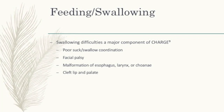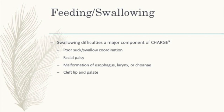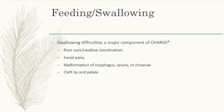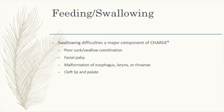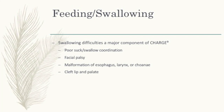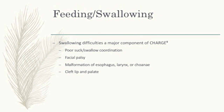While looking at feeding and swallowing, there are facial nerves that are defected that limit the child's ability to use their face and/or lip movement to successfully use a sucking motion for feeding, and this is called facial palsy. Unfortunately, it appears to have very little improvement with age. These children tend to be born with multiple malformations of the esophagus, larynx, and palate and lip features. These anatomical malformations also play a role in the inability to suck and swallow